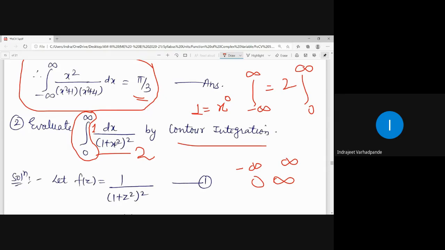Now replacing x by minus x will give you the same term. So whenever you have even powers, obviously it will be an even function. So in this case I can apply the property. But I want the value for integral 0 to infinity, so this 2 will be divided over here. So I take this as 1 by 2. This 2 will not be written over here. 0 to infinity will be 1 by 2 times minus infinity to infinity, and that is how it will be simplified. That will be our original question. So do not forget in the last to multiply it by 1 by 2.